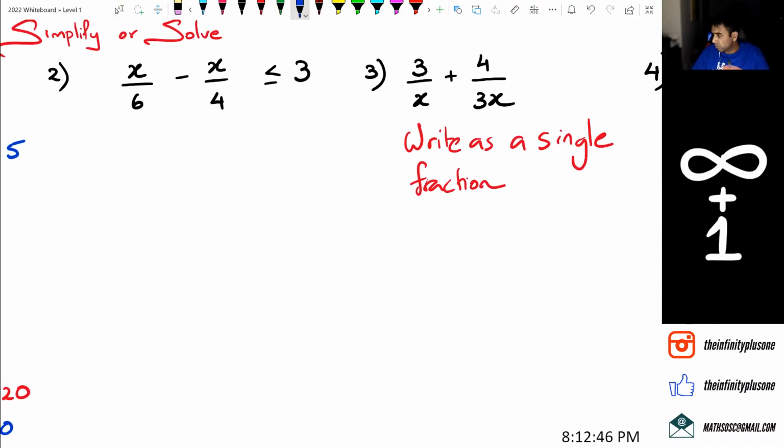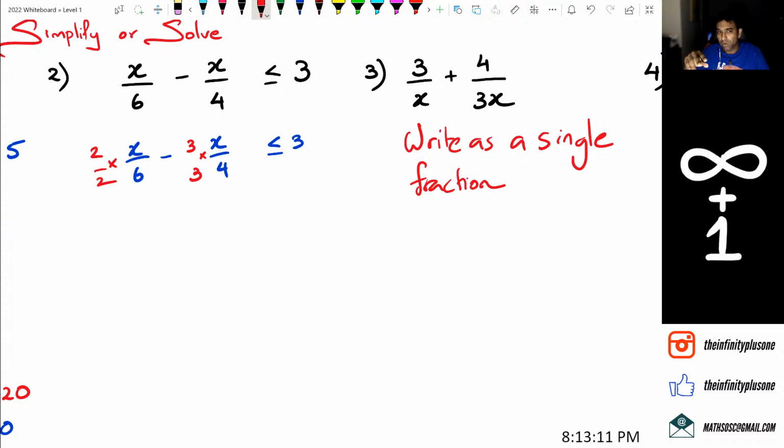So I've got 6 and 4, and with 6 and 4 I've got 12 as my lowest common multiple. So what I'm going to do is multiply the first one by 2 and 2, and the second term I'm going to multiply by 3 and 3. Now I know some of you might have actually done cross multiplication, so you might have